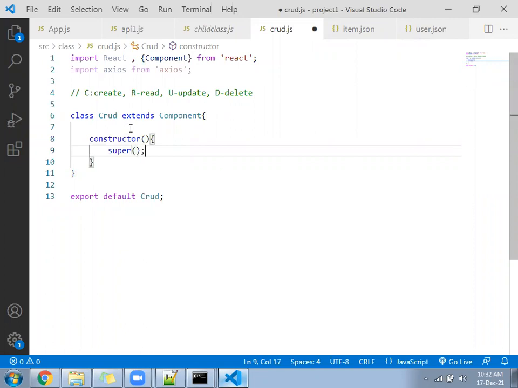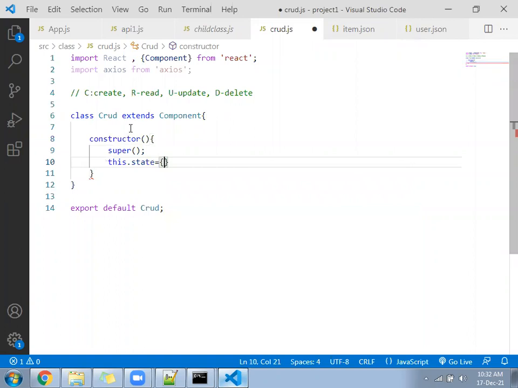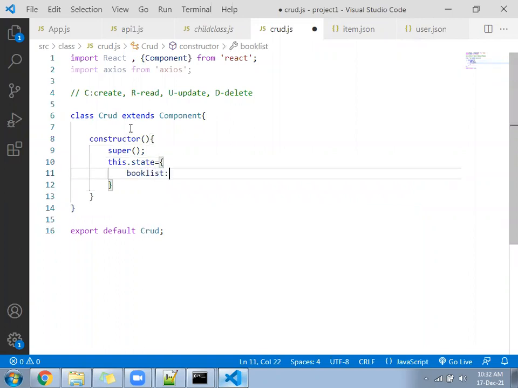After the super, you will write this dot state equal to bookList, a square bracket. Okay, hope we are done till here.